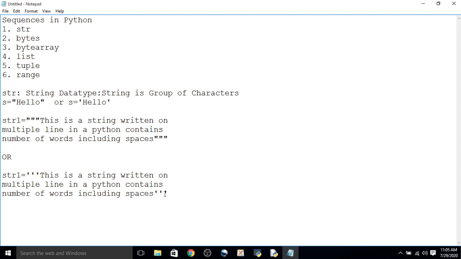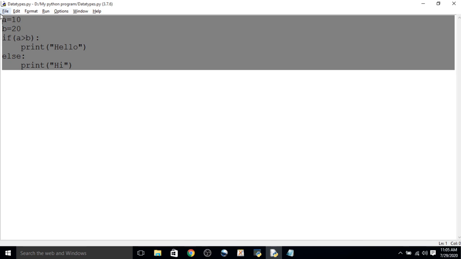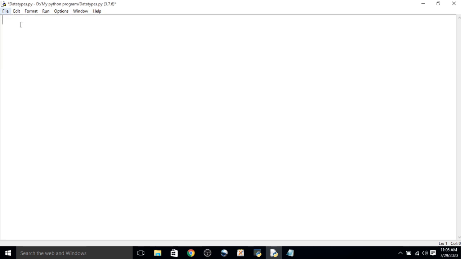Now we have to see some examples here. First we write a program for representation of string. Suppose we have declared one string, s equal to welcome to Python.